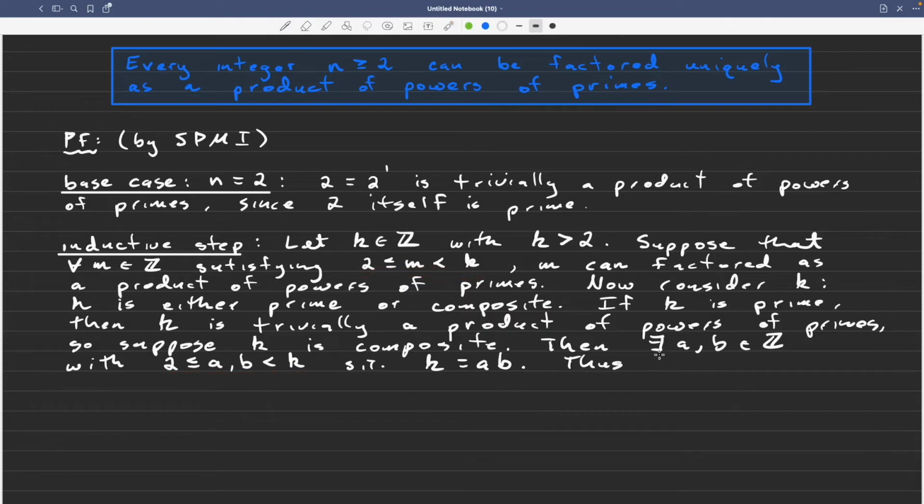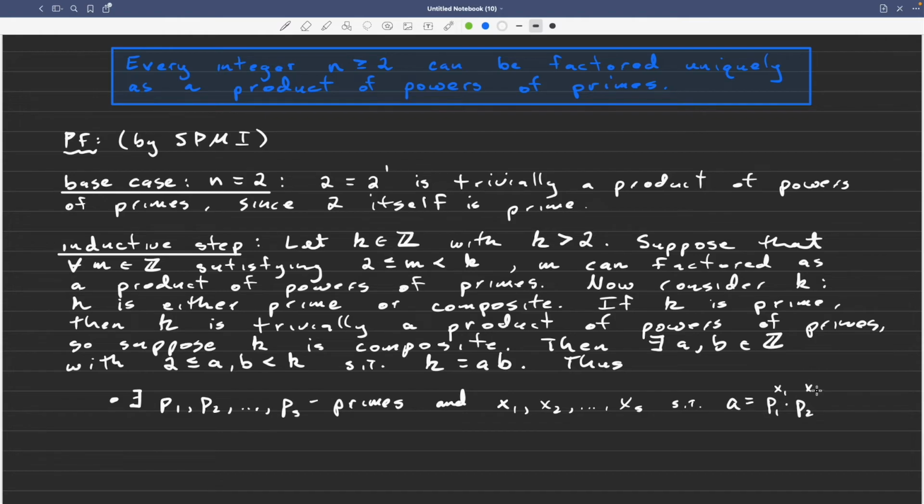So thus, there exist some primes. Let's call them p1, p2, all the way up to some point, let's say ps. These are all primes, and there are powers that go with those primes. So there exist some, let's call them x1, x2, up to xs, such that a is equal to p1 to the x1 times p2 to the x2, all the way up to